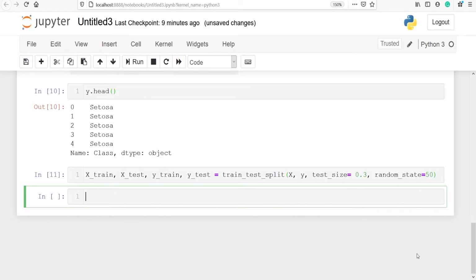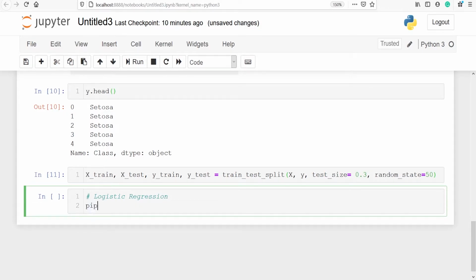First we are going to build logistic regression. I'll make one variable pipeline_log. Then I will call the class Pipeline, and now inside this we will pass everything, that is our standardization process, that is standard scaler, and then our algorithm, logistic regression in this case.